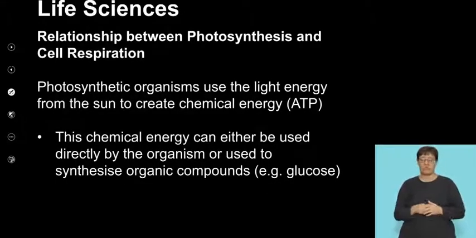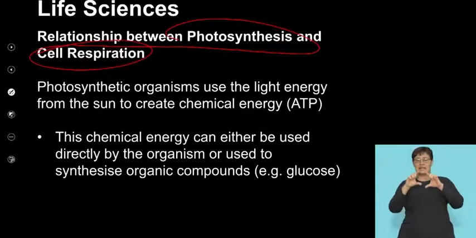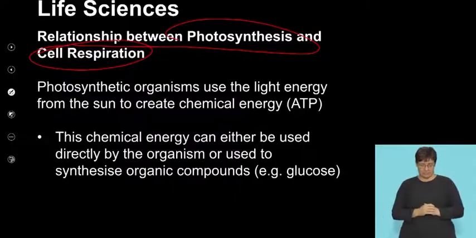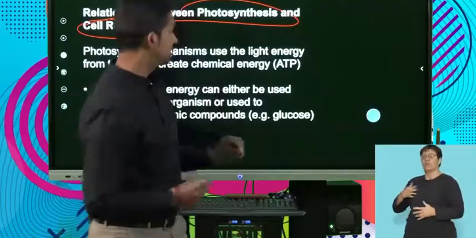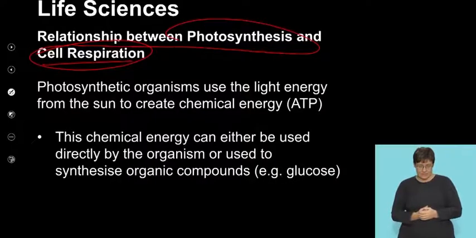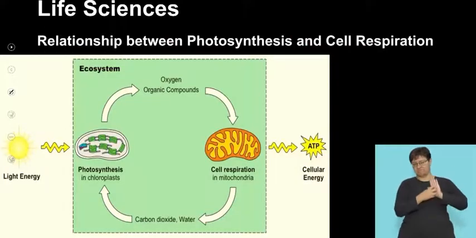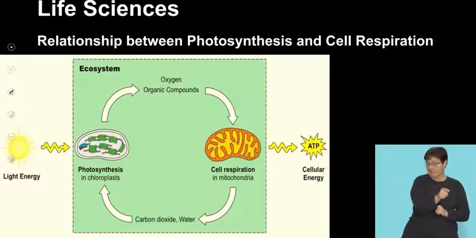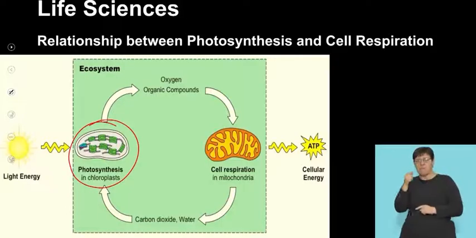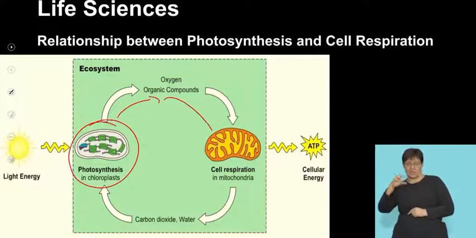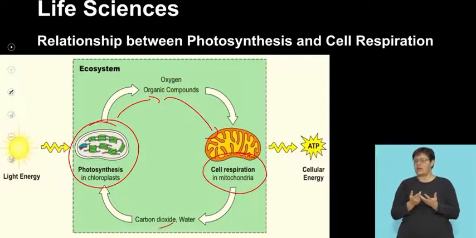It's important that we recognize that there's a relationship between photosynthesis and cellular respiration. As I mentioned, there are many organisms that rely on oxygen that is produced by plants during photosynthesis, and that oxygen is used in a process called cellular respiration. If I were to quickly illustrate that process, I could use this image here. We know that plants are able to produce organic compounds, and that organic compound is called glucose. That glucose is used by the mitochondria in a process called cellular respiration, which in turn produces carbon dioxide and